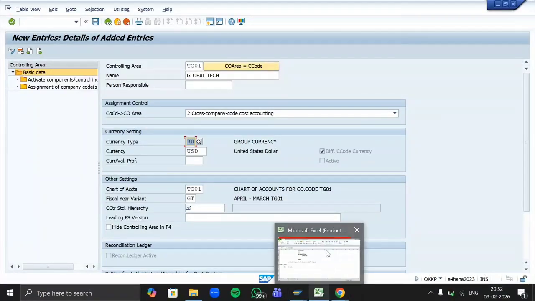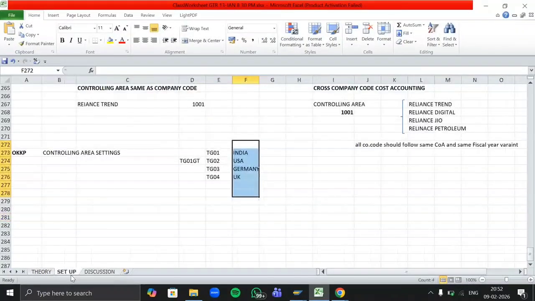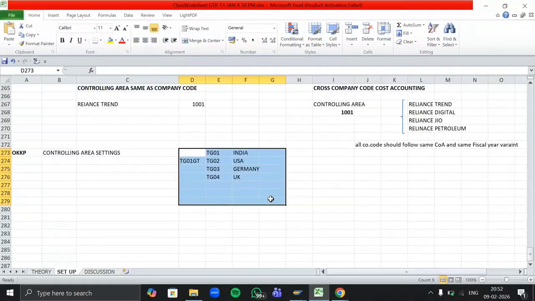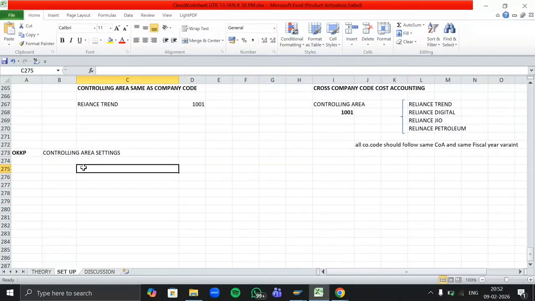Now what is a cost center? Any idea? Based on project or location wise, tracking the expenses. Yes, exactly.